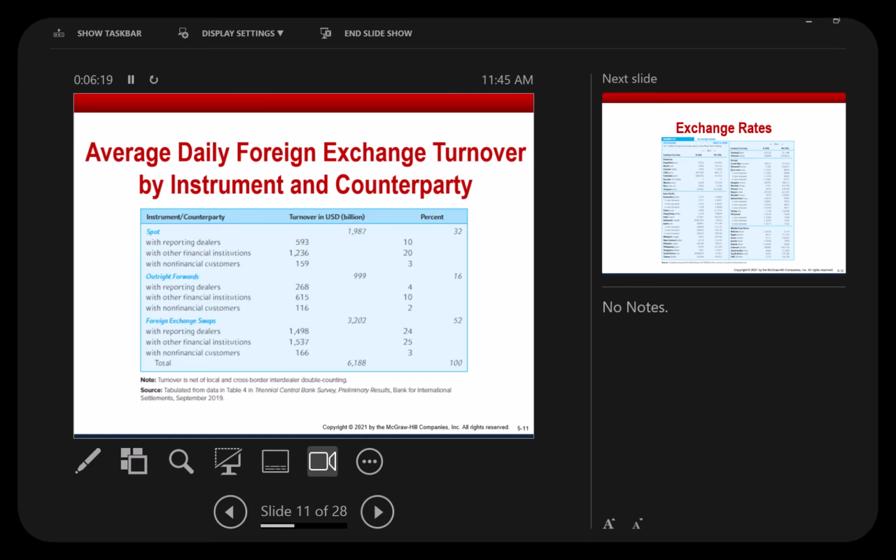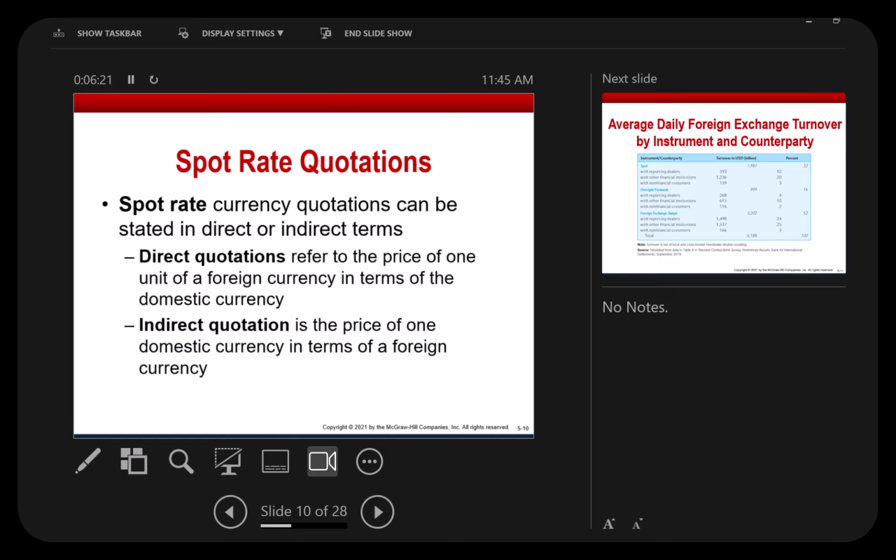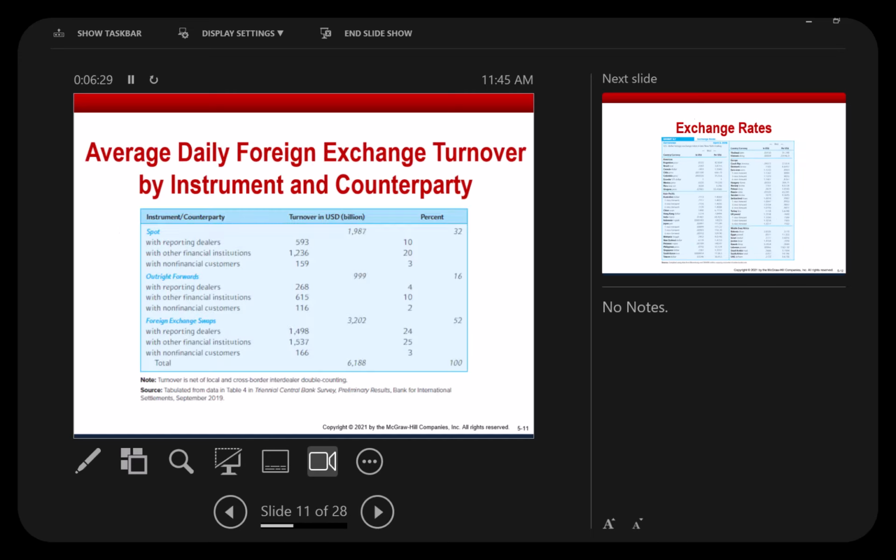Oh, we haven't talked about it. We talked about direct and indirect quotation stuff, so I'm not going to get into that again. There are also other kinds of transactions. I'm going to talk about more in chapter 6, but there is something called forward transactions, which means you agree